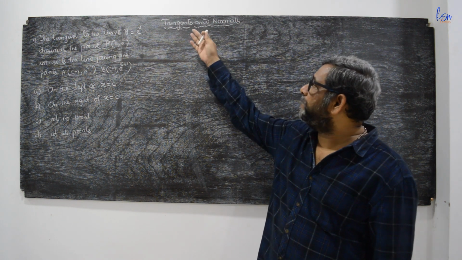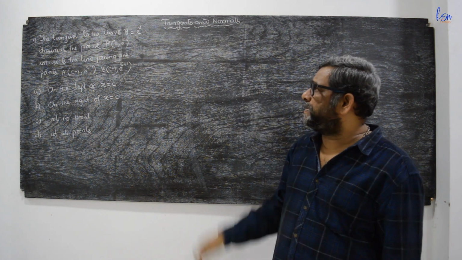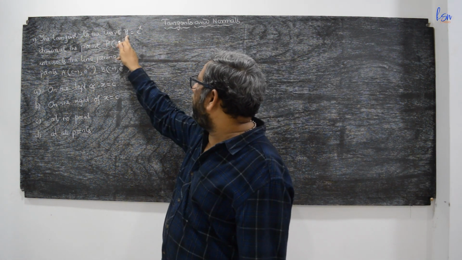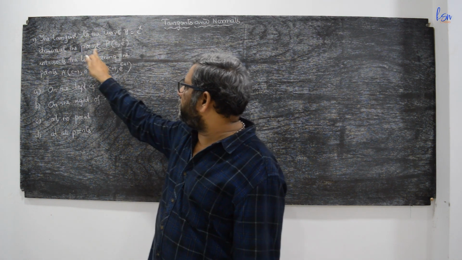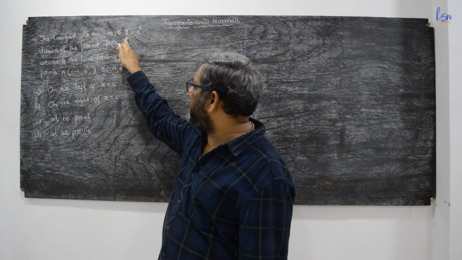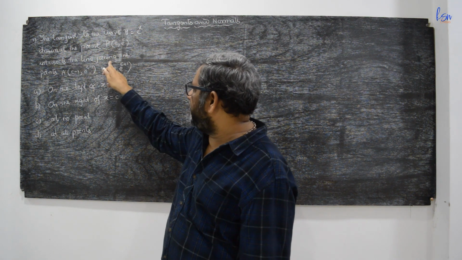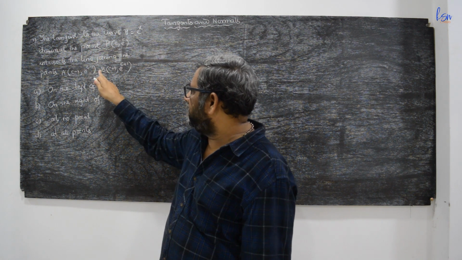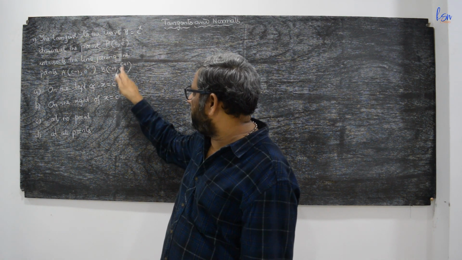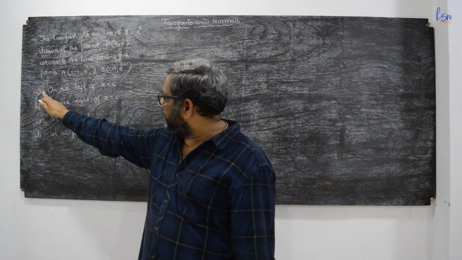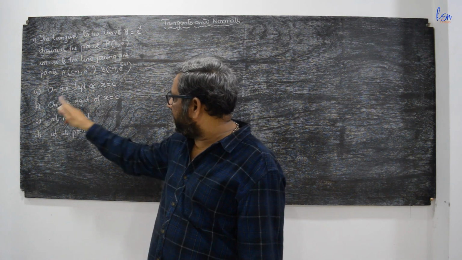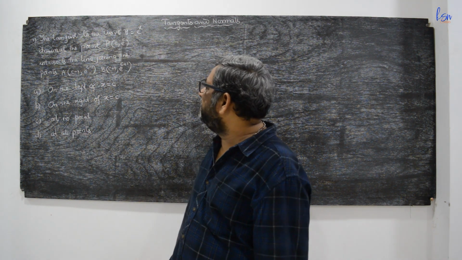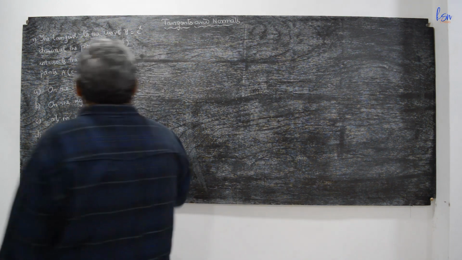Today we will discuss a few problems on tangents and normals. My first question is: the tangent to the curve y equal to e power x drawn at the point P(c, e power c) intersects the line joining the points A(c minus 1, e power c minus 1) and B(c plus 1, e power c plus 1). The options are: on the left of x equals c, on the right of x equals c, at no point, at all the points. Let us see the solution.